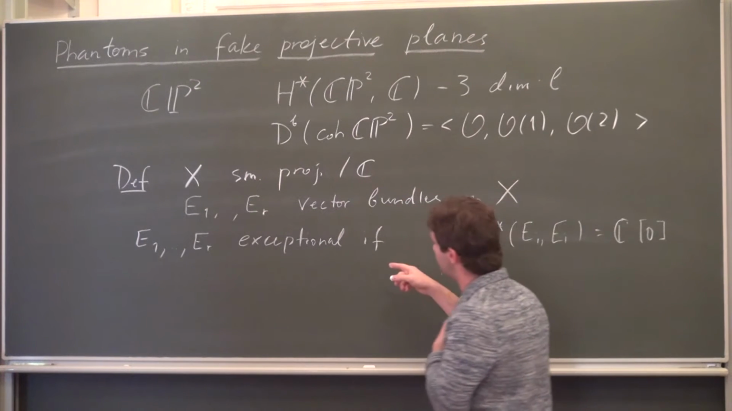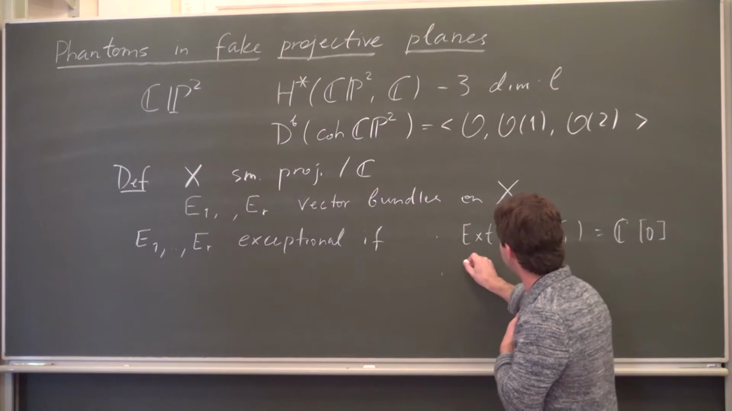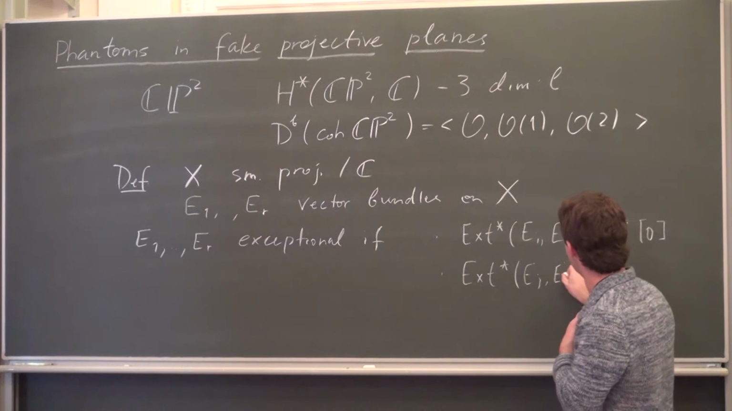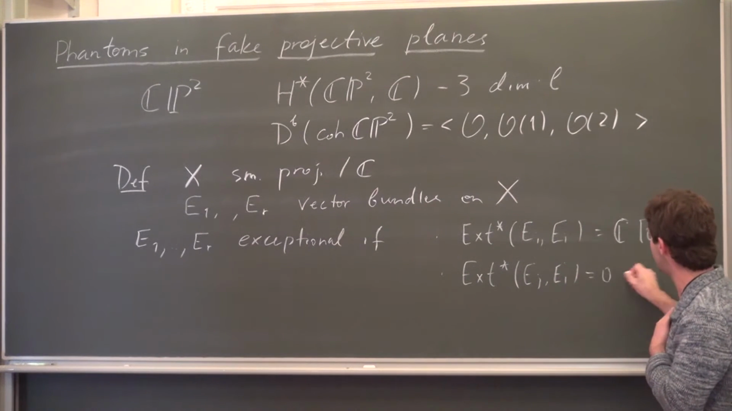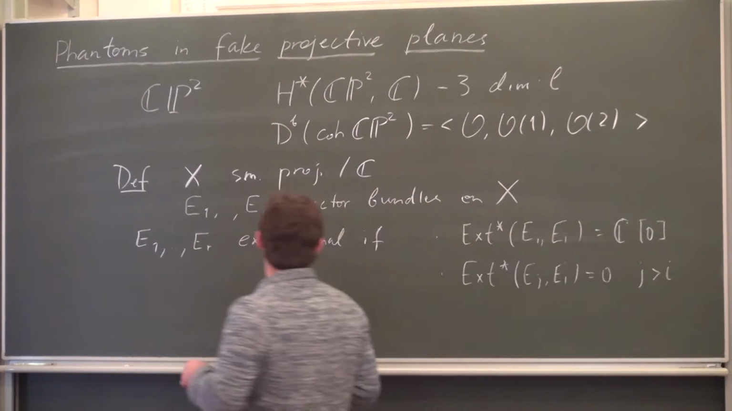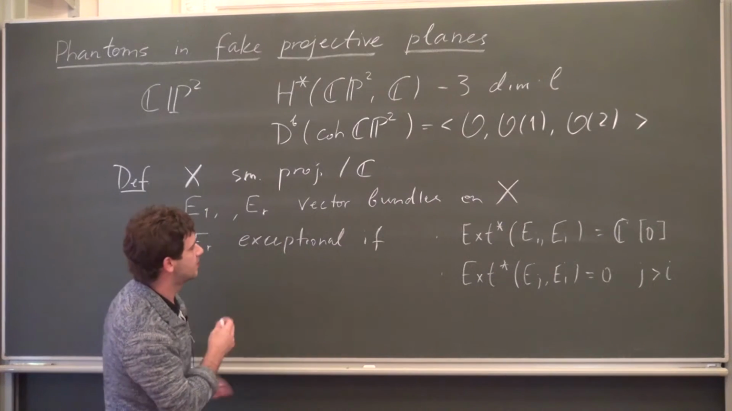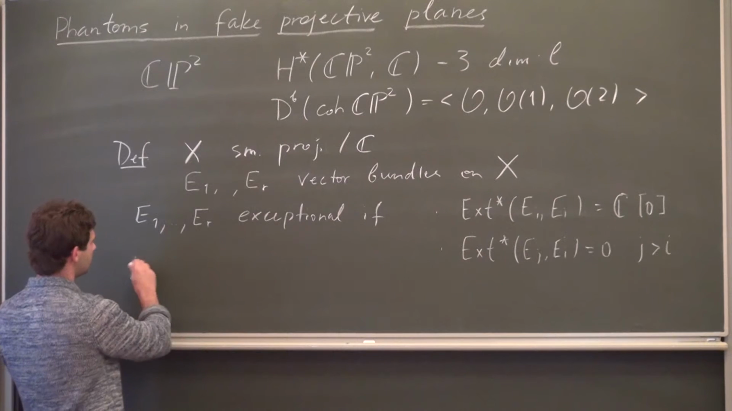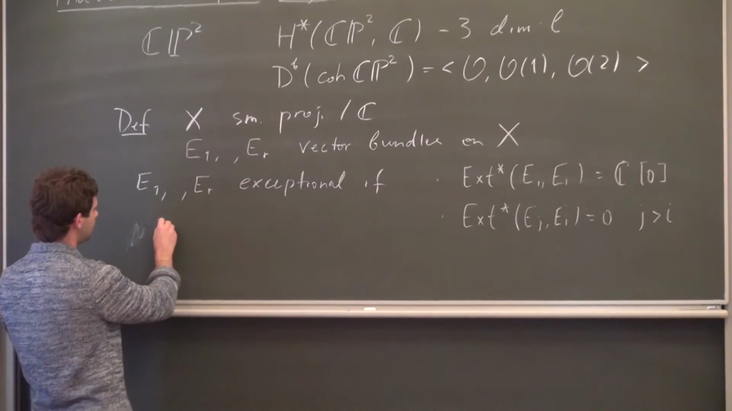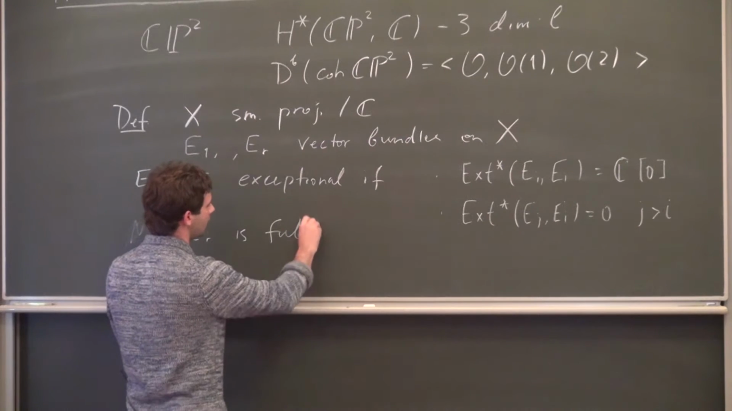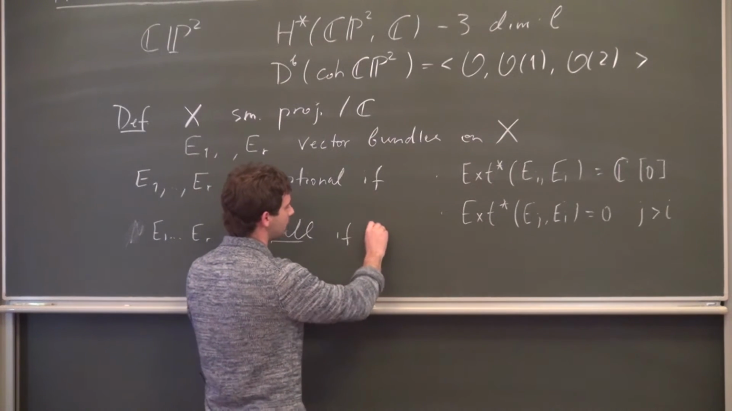And second, there's no Homs or Exts backwards. So Ext from Ej to Ei is 0, where j is bigger than i. So this is an exceptional collection. It's a little bit like a basis, like a linearly independent system, and then it's called full. So E1 to ER is full if in addition